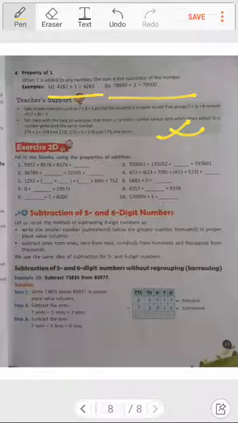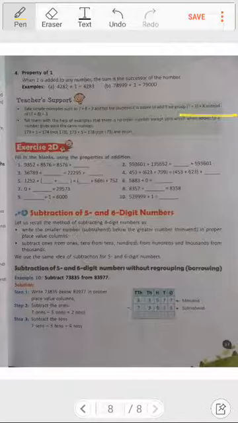Here is the teacher's support, okay, this is for teachers only. Although I am explaining line by line, I will speak and make you understand why it is given. Even you can read by yourself at home also. It has been said, take simple examples such as 7 plus 8 plus 3 and tell students it is easier to add 7 and 3 plus 8 instead of 7 and 8 plus 3. Why is it easier, you know? Because it becomes 10. 10 and 8, 18, easier, and 7 and 8 becomes difficult. Why? Because it becomes 15. See, 10 plus 8 we can easily do, 18, but with 7 and 8 there can be confusion for students, okay. But in both cases the answer is the same. This is only the associative law of addition, okay.